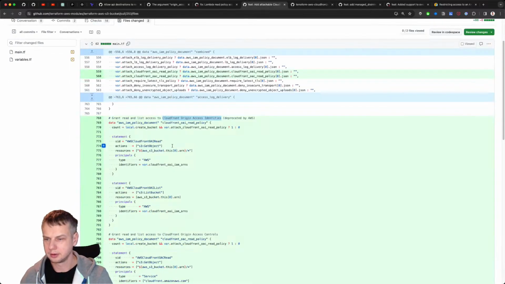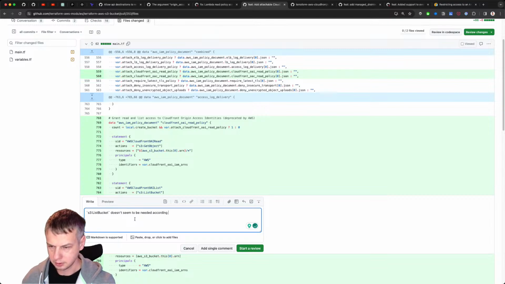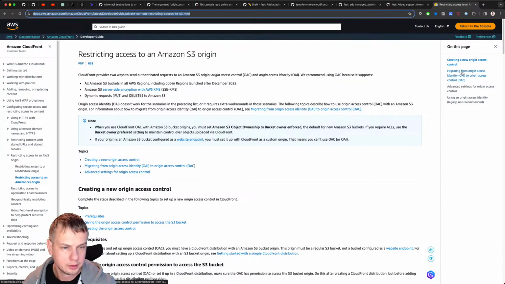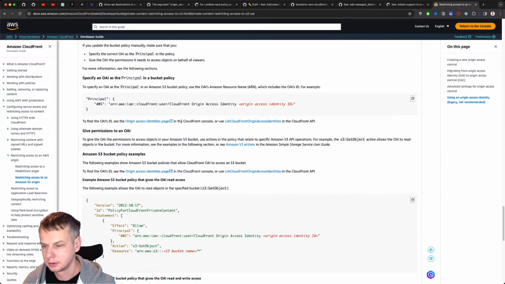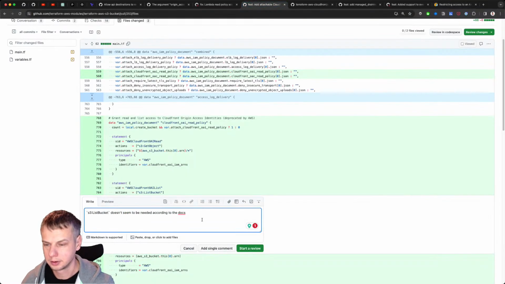So let's start leaving comments. So first, this one, S3 list bucket doesn't seem to be needed according to the docs. According to the docs, which docs? So these docs, right? Yeah, according to this specific section.